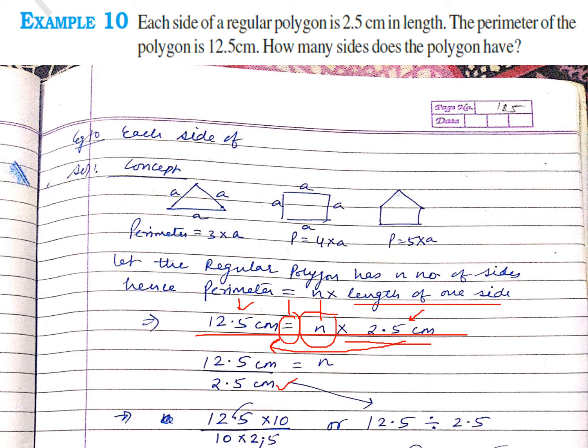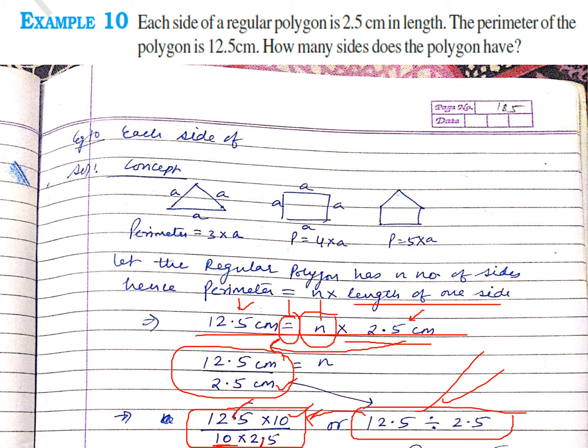So you can understand this fraction as 12.5 divided by 2.5, as we have done in earlier questions, and you can solve this very easily. If you want to do it quickly, just remove the decimal: this 10 will come in the denominator, and removing this decimal, 10 will come in the numerator. You can check, when you solve this one, you will get the same number back, but this is a little bit time saving. You can go with this also if you want, no issue.